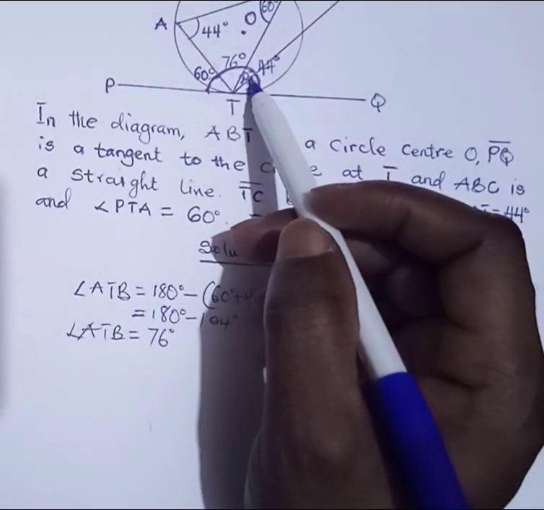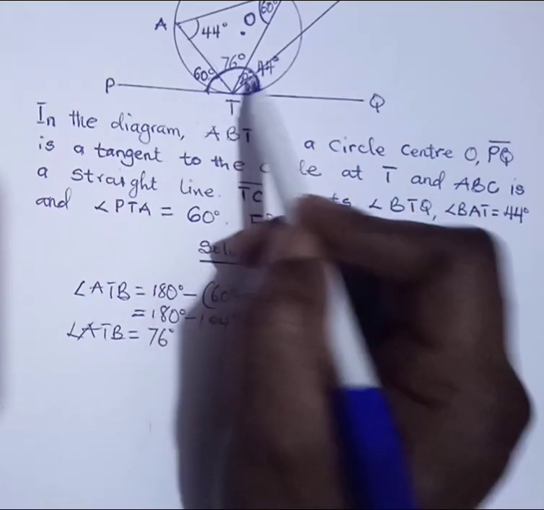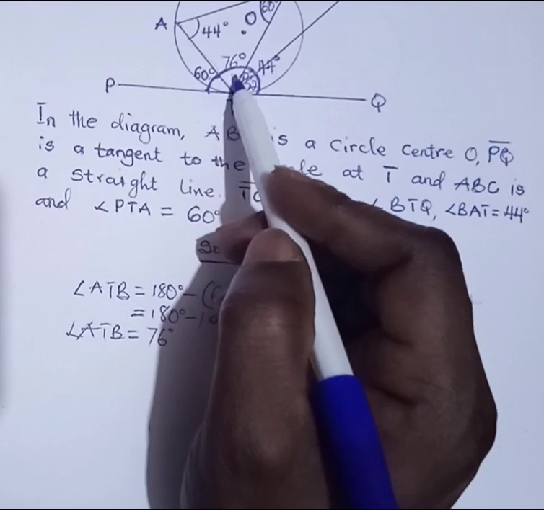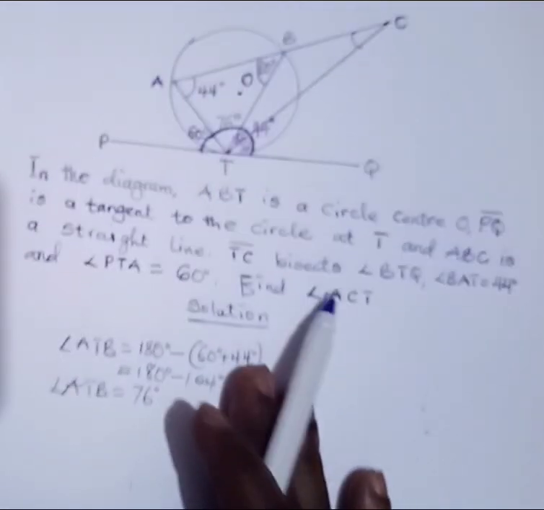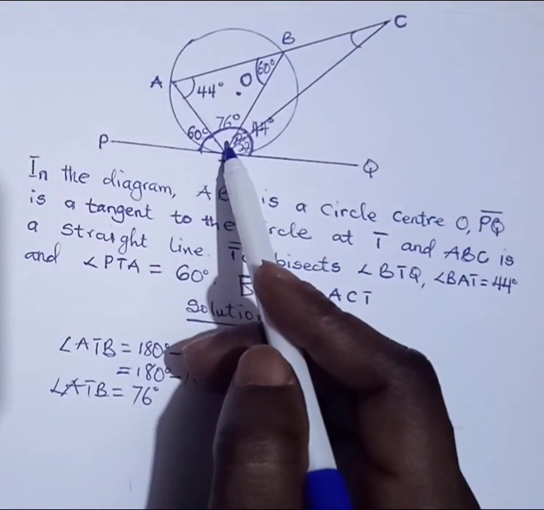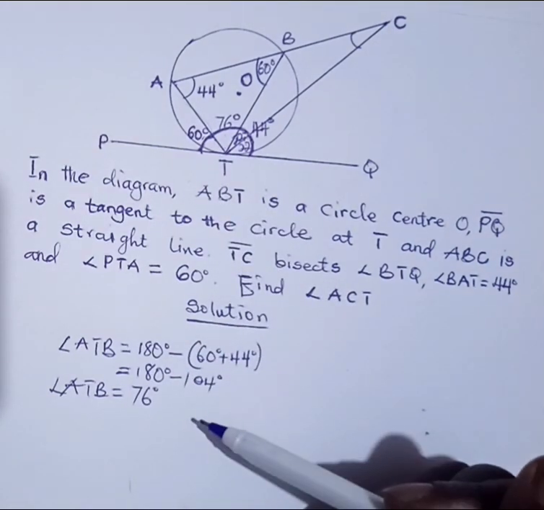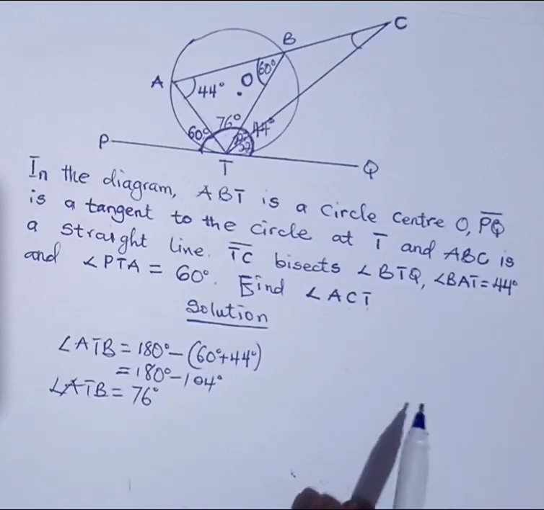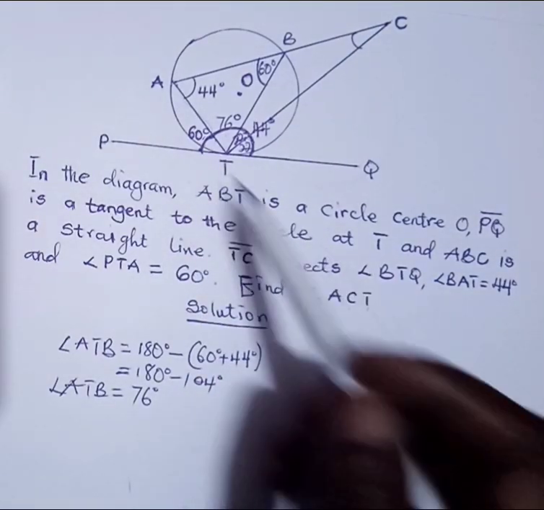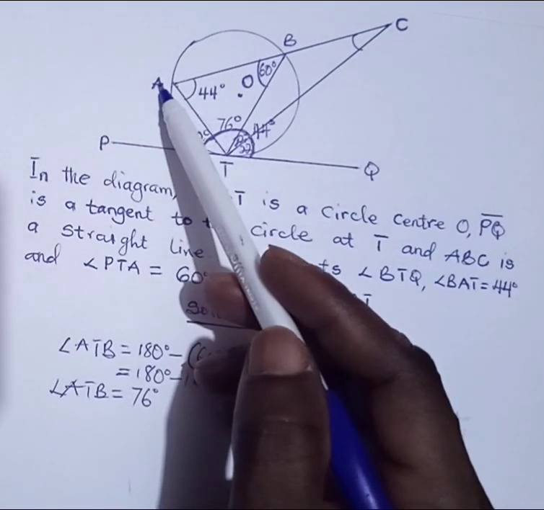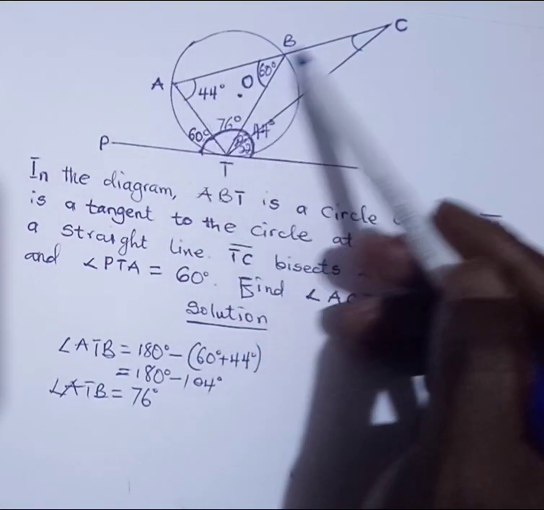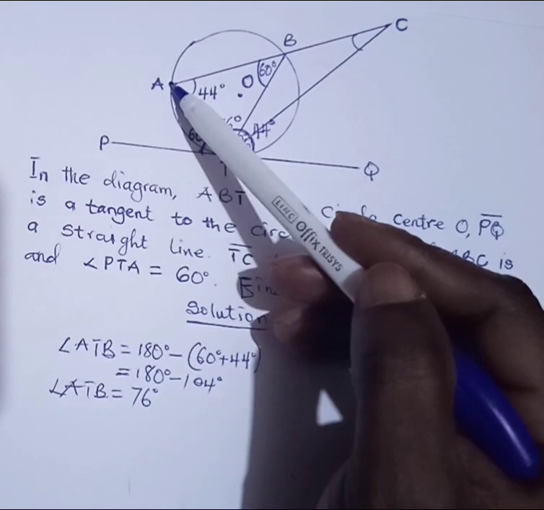So once we know here, we know this angle, we know this angle. Now we have been able to identify all the angles in the diagram. Then we can proceed to find angle ACT. So angle, let's see, angle ACT. So where is angle ACT? So angle ACT. So we are looking for this whole